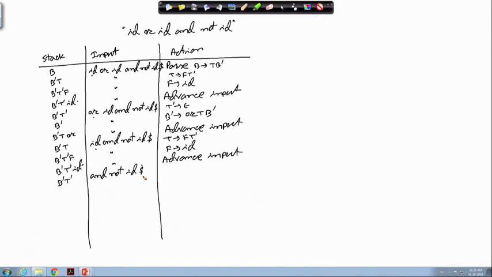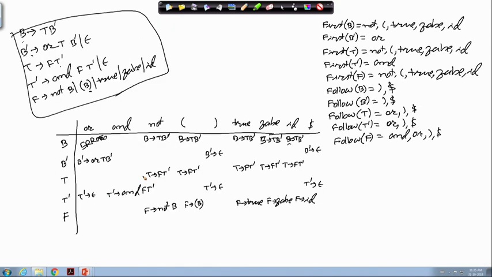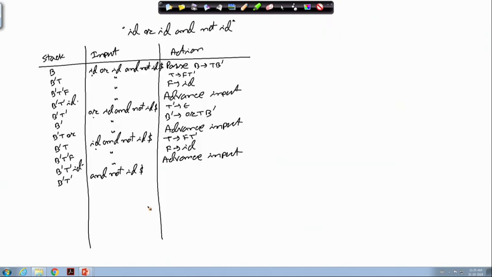Now, I have got T dash, AND. T dash, AND says go by T dash producing AND F T dash. So, this T dash is popped out from the stack, then this new T dash, F and AND are put into the stack, input remains unchanged.